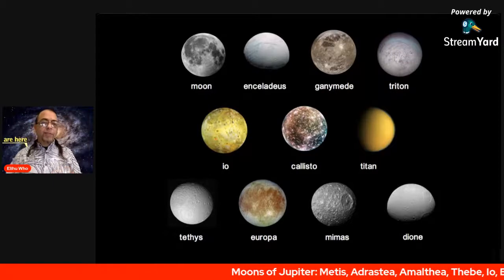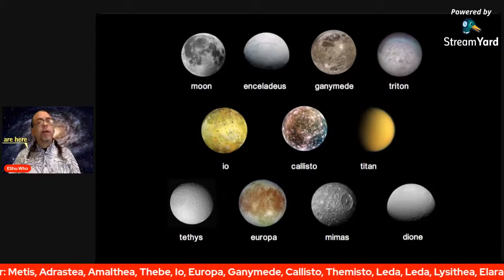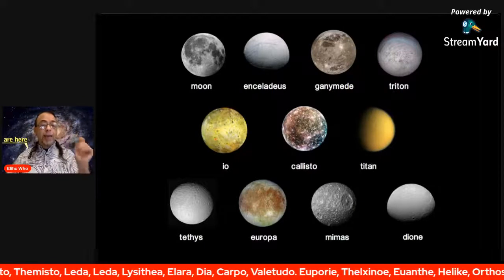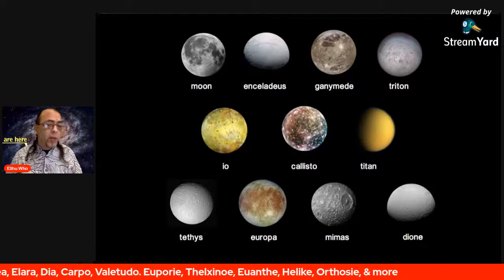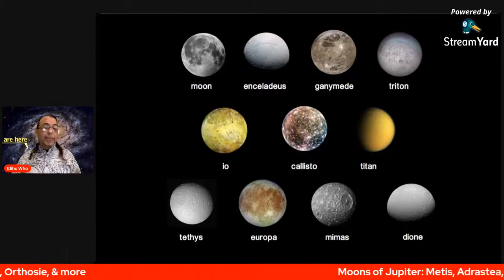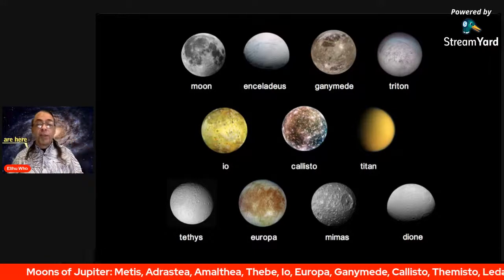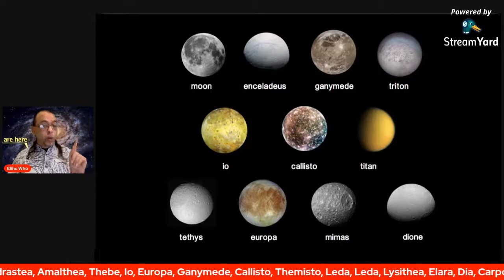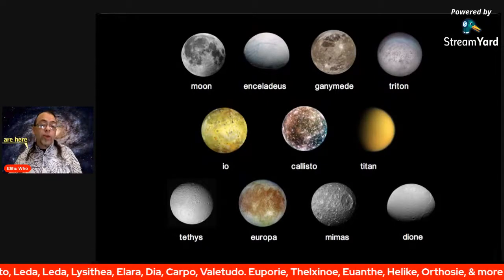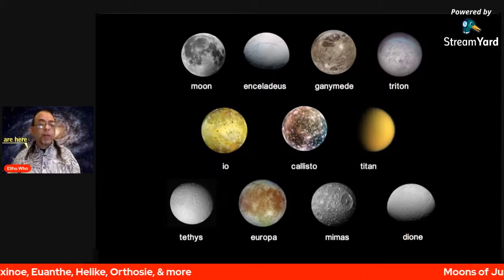There is Metis, Andrastia, Amathea, Thebe, Io, Europa. There's Ganymede, Callisto, Themisto, Leda, Himalaya. There's also S-2018J1, S-2017J4. There's Listia, Alera, Dia, Carpo, Valetudo. There's S-2003J12. Europori, not Europa, Europori. There's S-2003J13, J18, J2. There is Thelxione, Thelzone. There is Euthani,